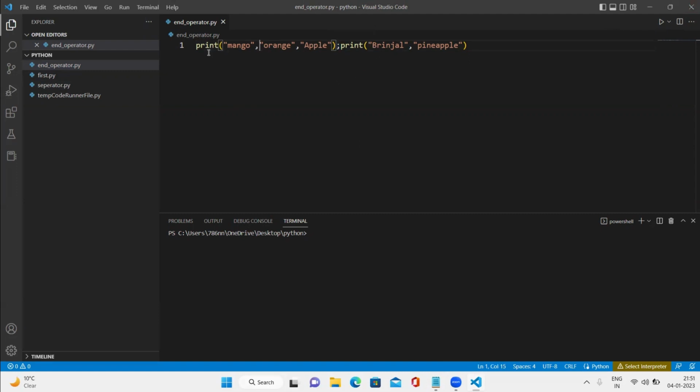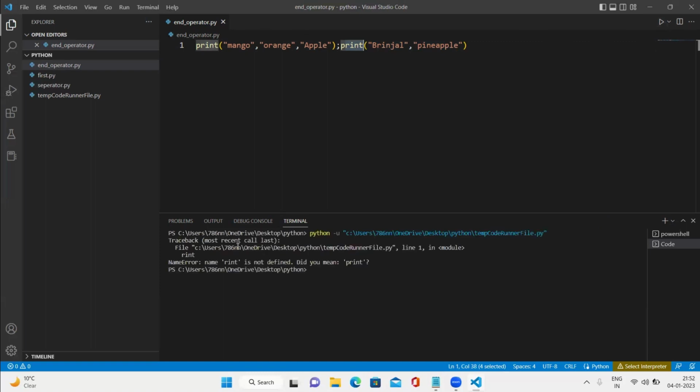So suppose I mention these two print functions in the same line. Once I save and run it, I will get mango space orange space apple. And then by default, my interpreter will change the line to generate the output of the second print function. So let's see. Once you run it,